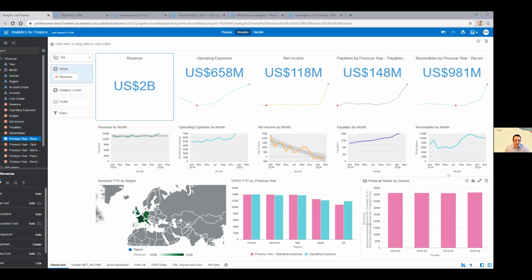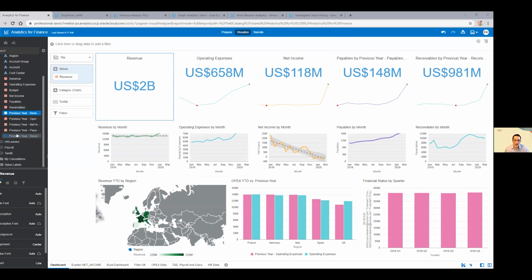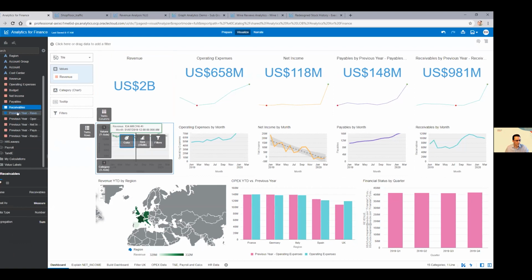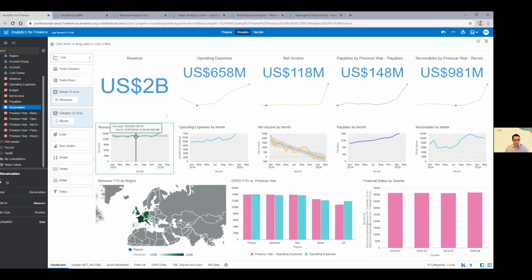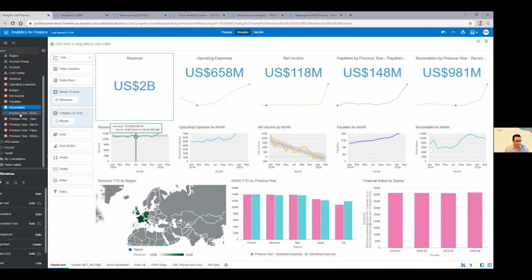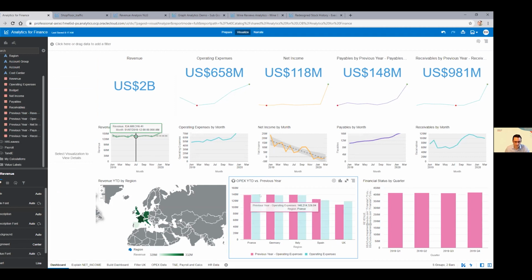So here we're starting with a kind of classic dashboard with some tiles on the front here with some spark lines. And you know, the interface to drive these is not unlike any other tools. It's very easy. If I'm looking at revenue and I wanted to add previous year revenue, I can just drag it on and drop it right here, once it reacts. Oh, it's not doing its thing. Hang on. Oh, well, it did month. So here we go. You can also click and it's all interactive.